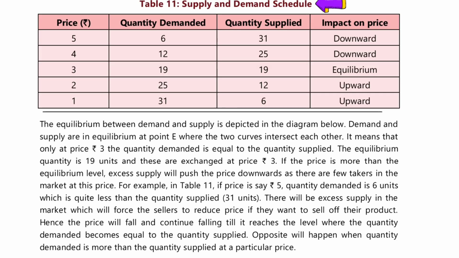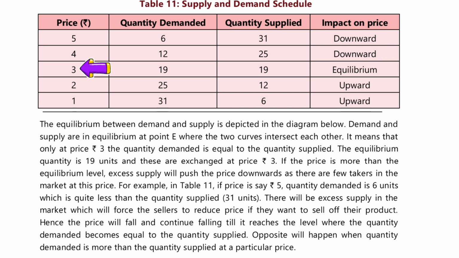Now you have table 11. See the supply and demand schedule there. At various prices, the quantity demanded in the market along with the quantity supplied in the market has been given. At a price of ₹5, the quantity demanded in the market is 6, whereas the supply in the market is 31, which shows a downward impact on price. But for say ₹4, the quantity demanded is 12 and the quantity supplied is 25. Again it shows a downward